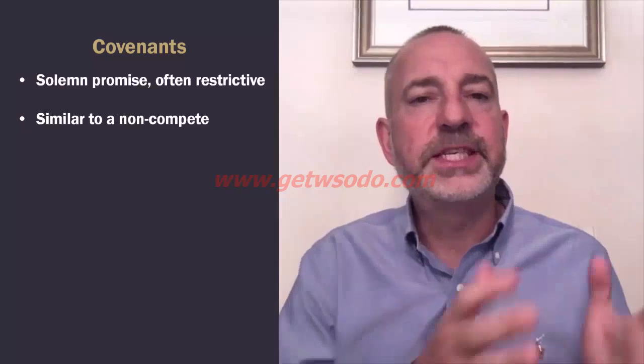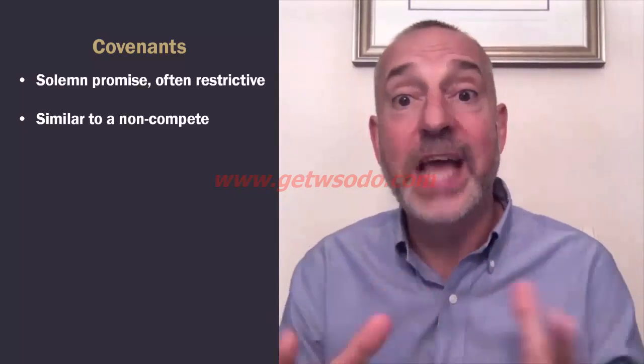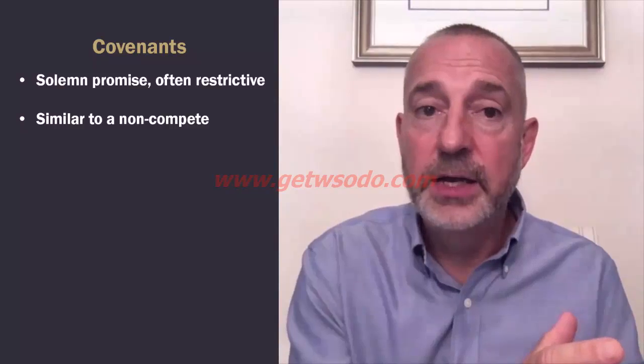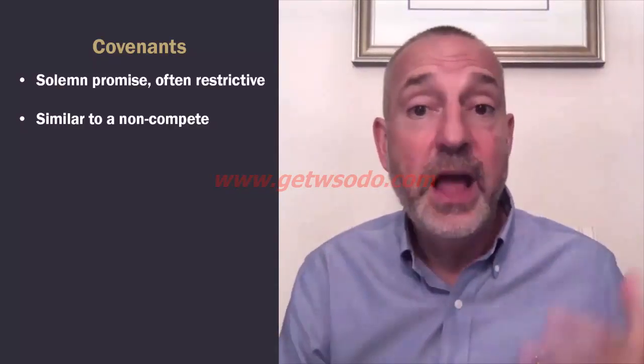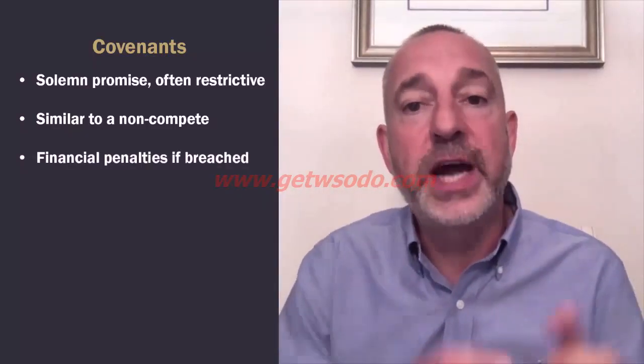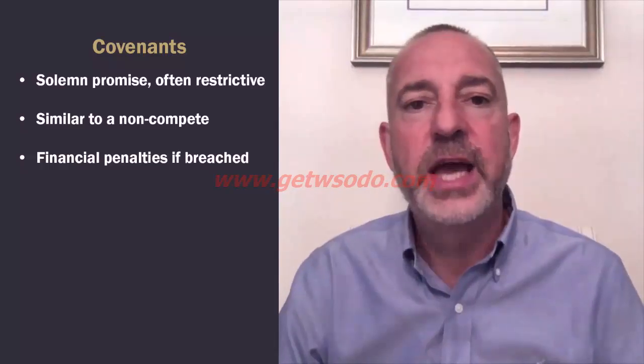A covenant is a solemn promise to either do or not do something. An example of a restrictive covenant would be to make the seller promise you not to restart the business you just bought from them in the next town, kind of like a non-compete agreement. You'll see restrictive covenants a lot in employment. It's the same when it comes to sellers leaving businesses. If an owner sells their business and then 2 weeks later sets up shop doing the exact same thing, that's a breach of that restrictive covenant with financial penalties for the seller. You can either sue them or just cancel the deferred payments if that is indeed written into your legal contract.